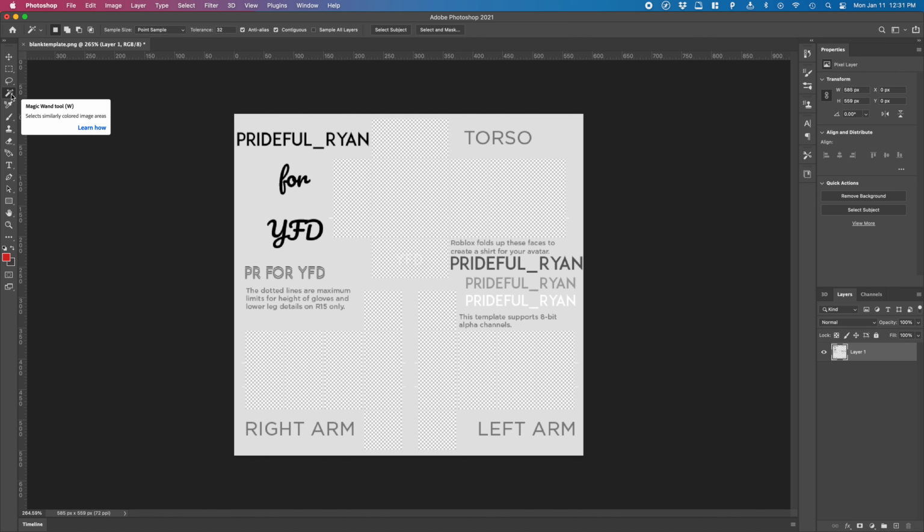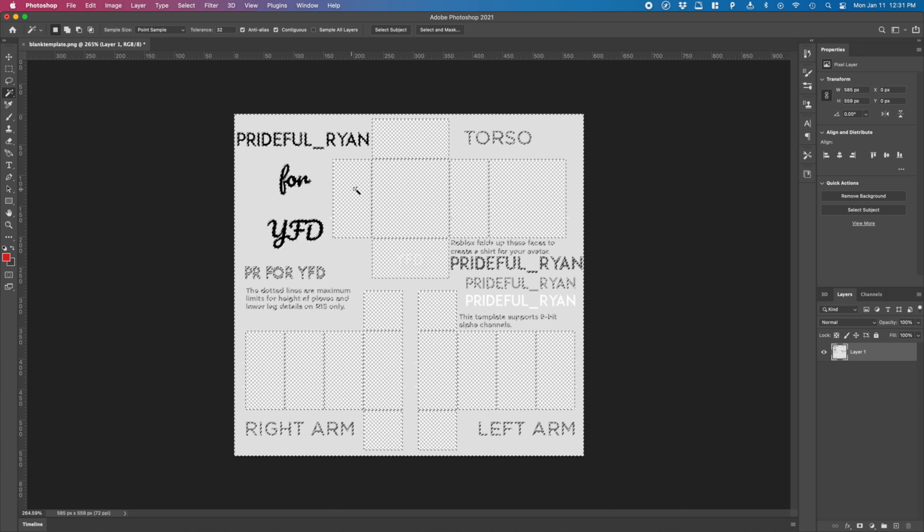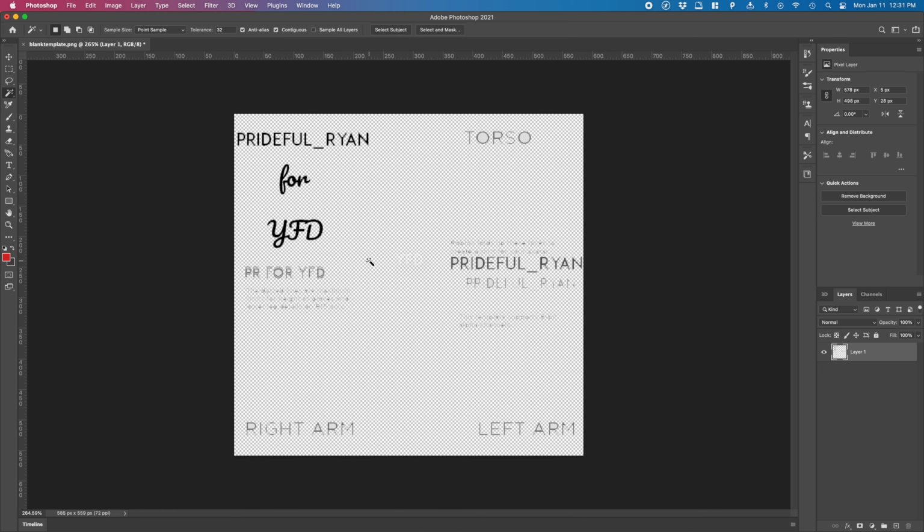Next is the magic wand, which lets you remove specific colors and stuff. So you can see that I selected the background color. If I just press the delete button, you can see that I got rid of it. To go back on a Mac, at least, you do Command Z. Copy and paste is Command C and Command V. I'm not completely sure what it is for Windows, just because I don't use Windows, but a quick Google search